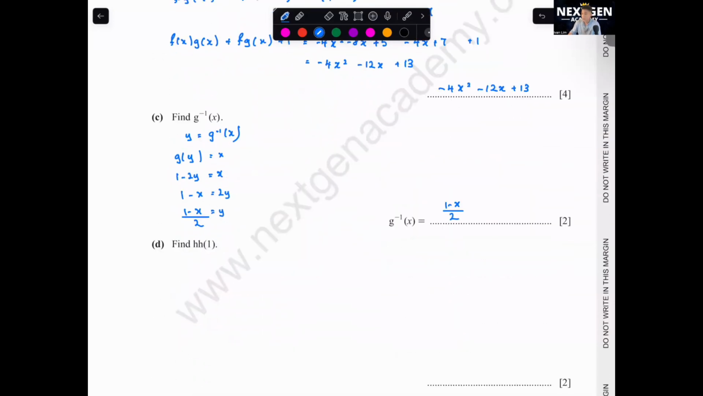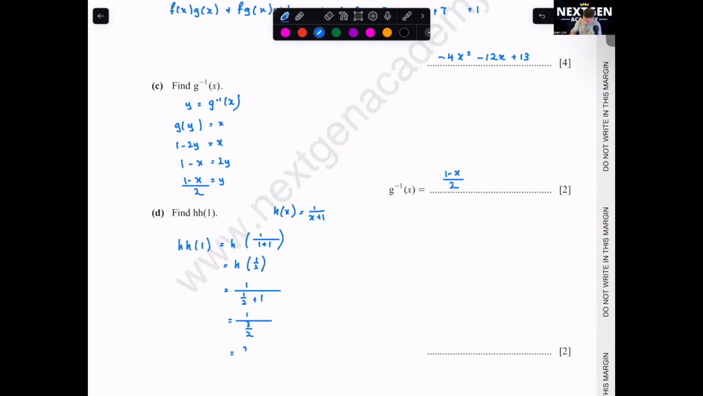Next one, find what is h(h(1)). We write down what h(x) is first. h(x) is 1 over x plus 1. So h(h(1)) means h of 1 over 1 plus 1, h of 1 over 2. Then we substitute again. Now your x is 1 over 2, so 1 over (1 over 2 plus 1), which is 1 over 3 over 2. 1 divided by a fraction, your final answer will just be the inverse of it,